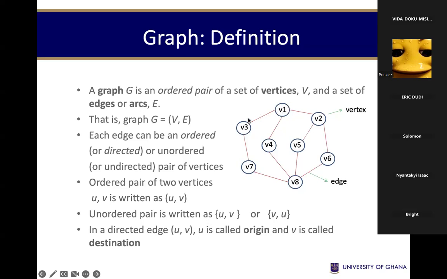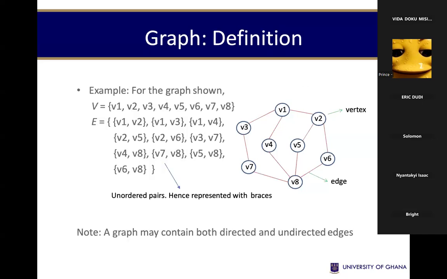So if I have Vn1 and Vn3, and Vn3 is pointing to Vn1, then Vn3 will basically be the origin. Then Vn1 will now be the destination. So these are things that we also need to take note of when we are trying to understand the graph concept. If you are trying to find out all the vertices, we can say that V is defined as a set of vertices V1, V2, all the way to V8. Then if you also want to understand the edges, we're going to